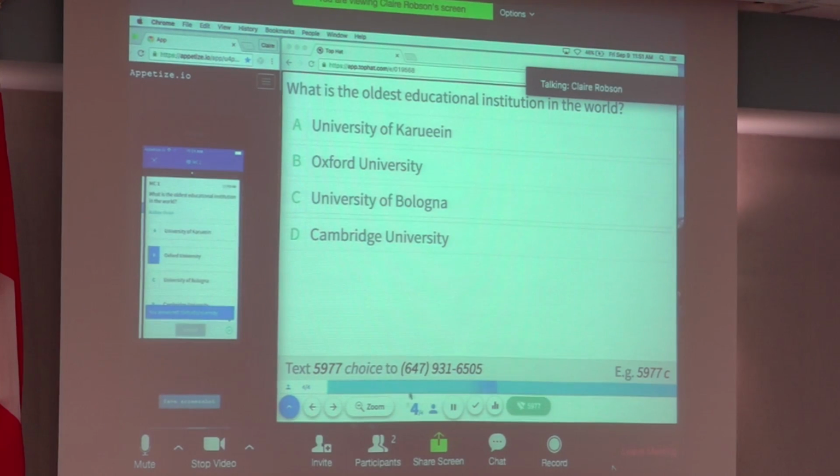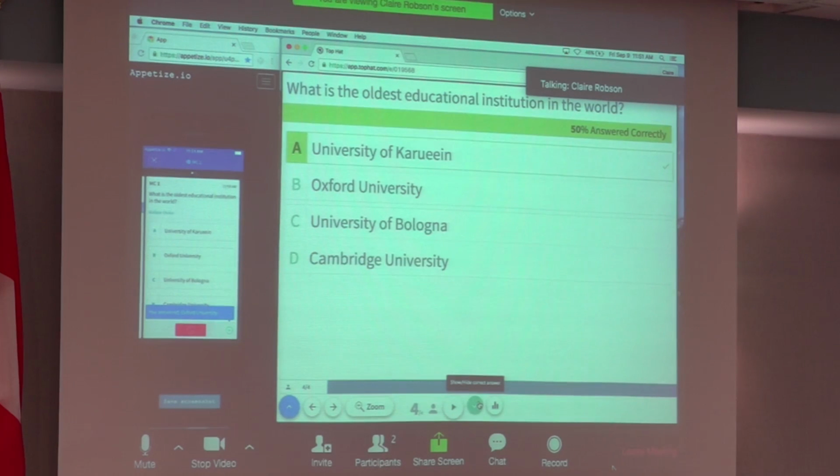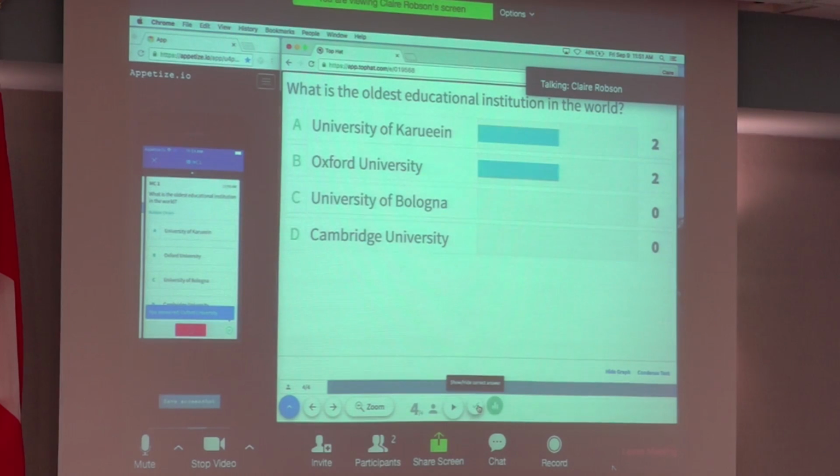Once everyone in class has answered, you'll be able to see down here who's answered. You can, of course, see how they've done in class. So we can show the correct answer. And we're also able to get a histograph of the responses. So you're able to see the complete breakdown in real time in terms of how your students have comprehended the material that you're going over on the spot.